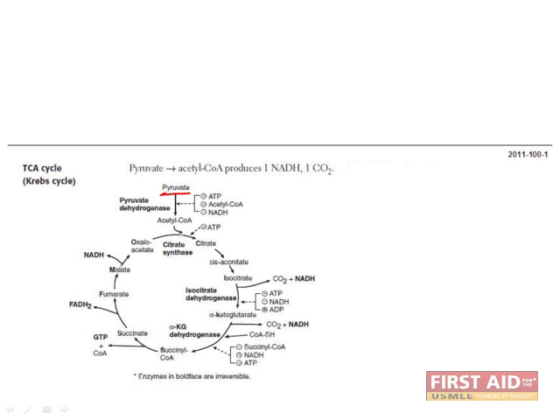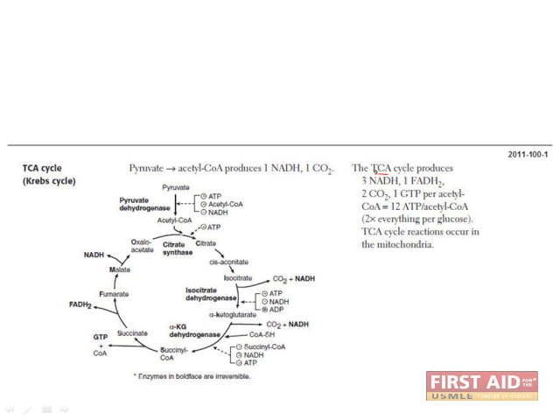Pyruvate is the main substrate or input to the cycle and is converted to acetyl-CoA, which produces one NADH and one CO2. Proteins and fats can also enter the cycle after being converted to acetyl-CoA. The net cycle produces 3 NADH, 1 FADH2, 2 carbon dioxide, and 1 GTP per cycle, which amounts to 12